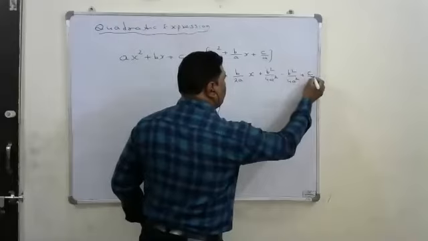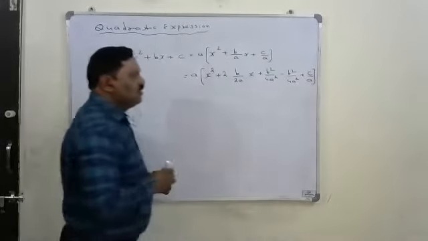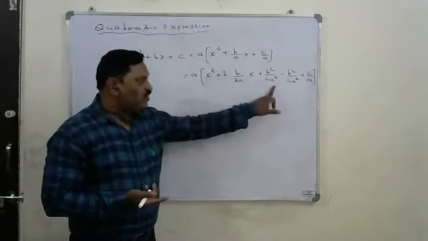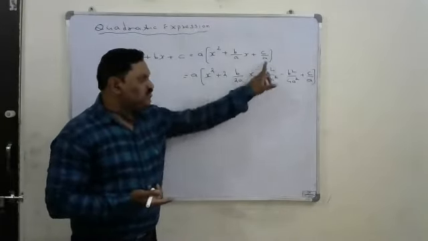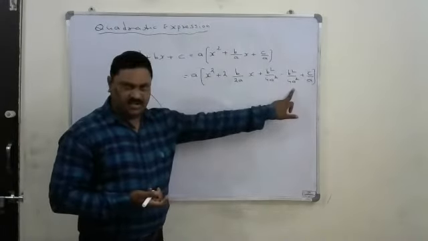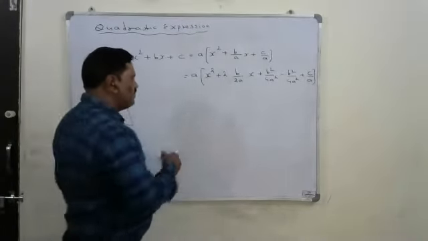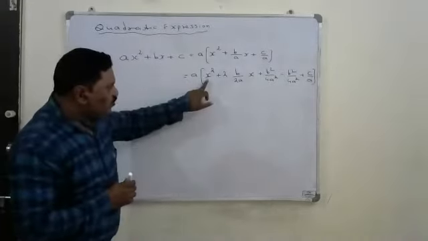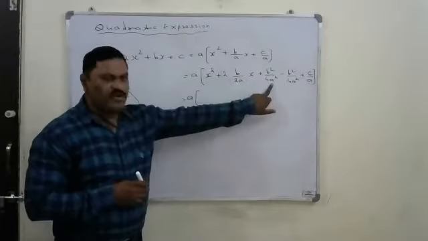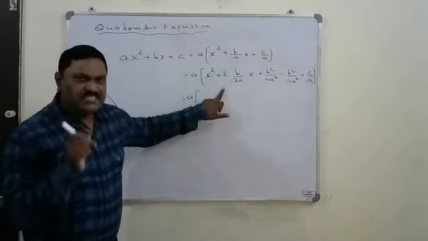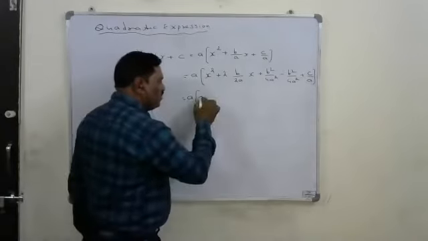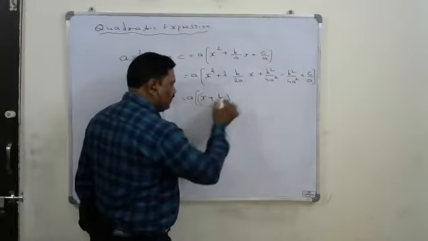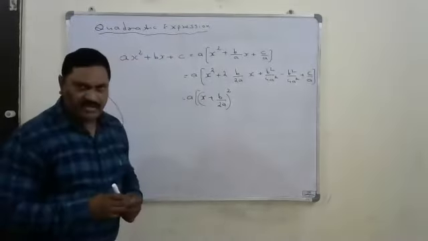Plus there is a constant c by a. Okay, so this is the 2ab form. Further, we add the b square term, b by 2a whole square, which is b square by 4a square, and subtract that term. Let's observe the first three terms, which is a square plus 2ab plus b square form. This is the expansion of (a plus b) whole square, so we can write it as x plus b by 2a whole square.